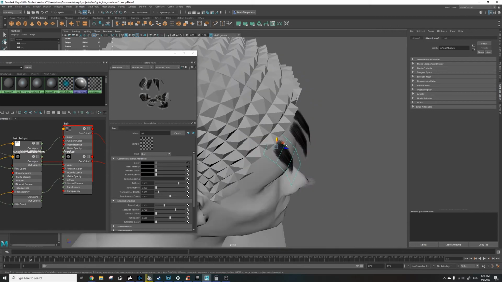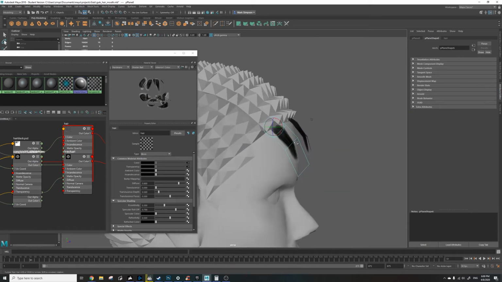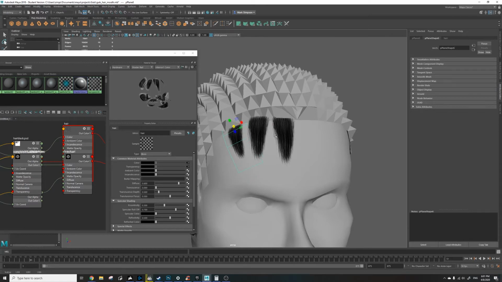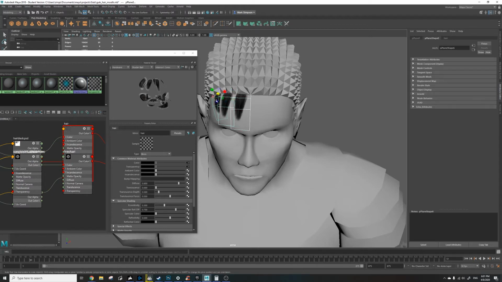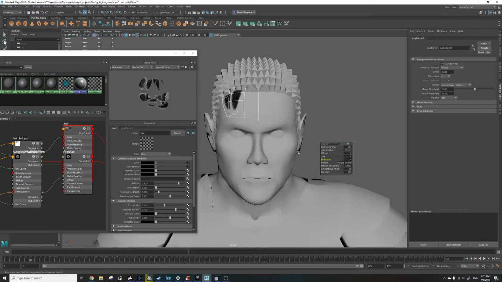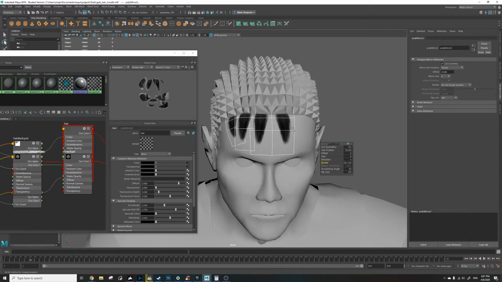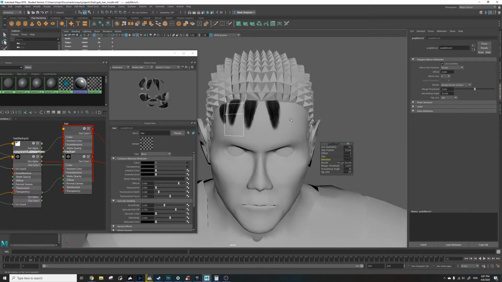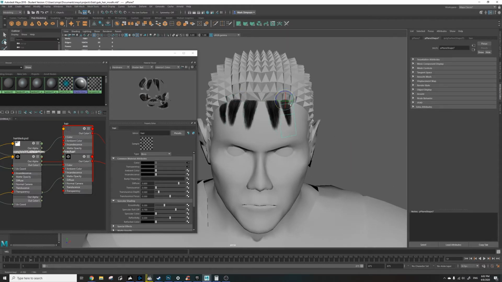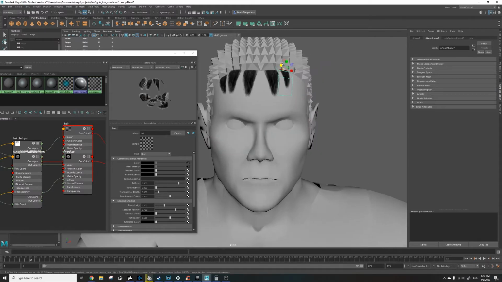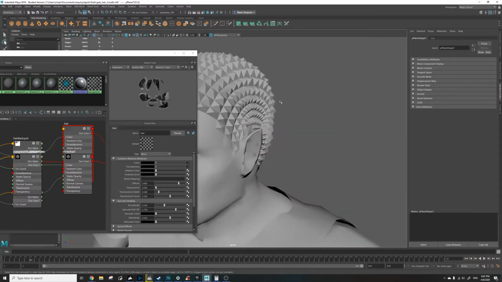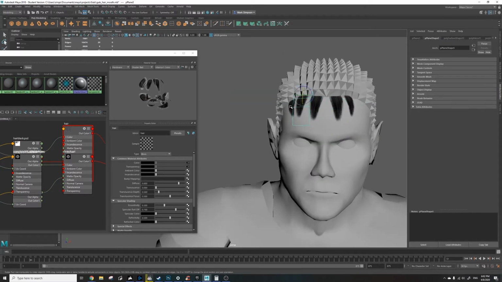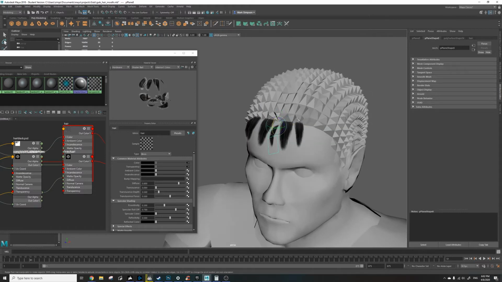So in this case, I've just created one strand for demo purposes. What I would really do is work on at least say 4 or 5 variations of this one so that I can get a little more variety. But just to show you what you'll start doing once you have those hairs in place, you start moving them around, resizing some of them, and twisting them. You can move some vertices around as well. Since this texture is already mapped on there, you don't super have to worry about